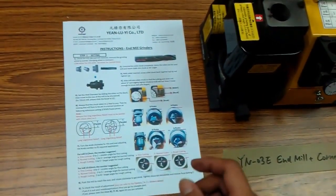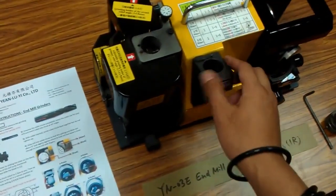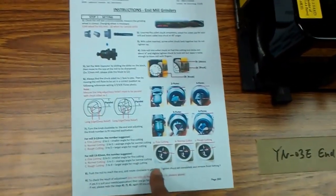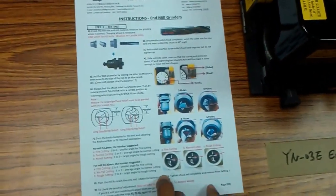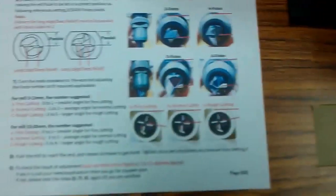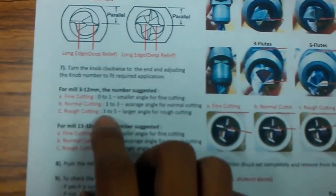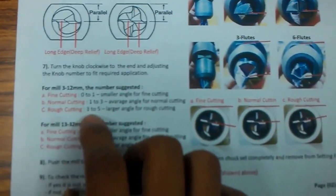But how do we turn to the rough cutting sharpen result? You need to use your setting pole and then refer to your user's menu, page number 2, and then you will find rough cutting. We suggest number 3 to 5. So here